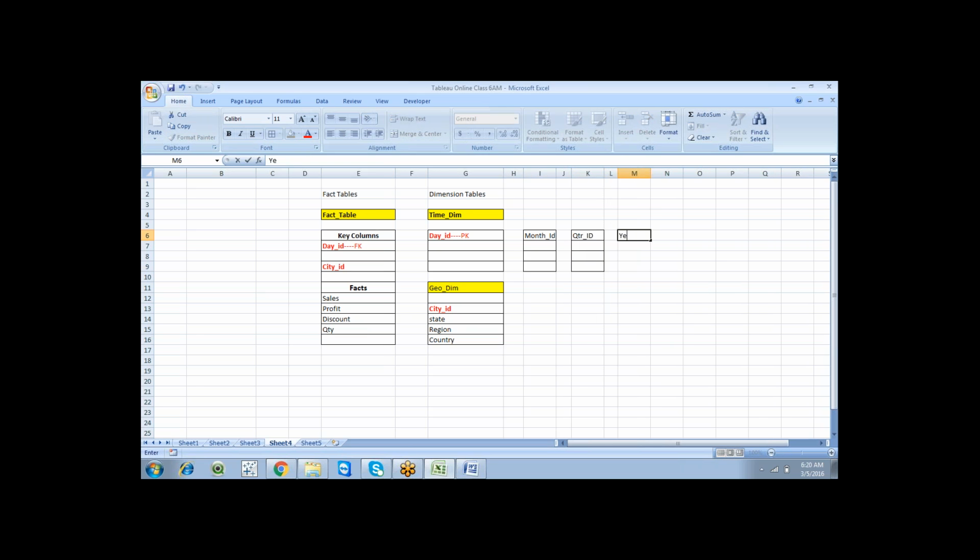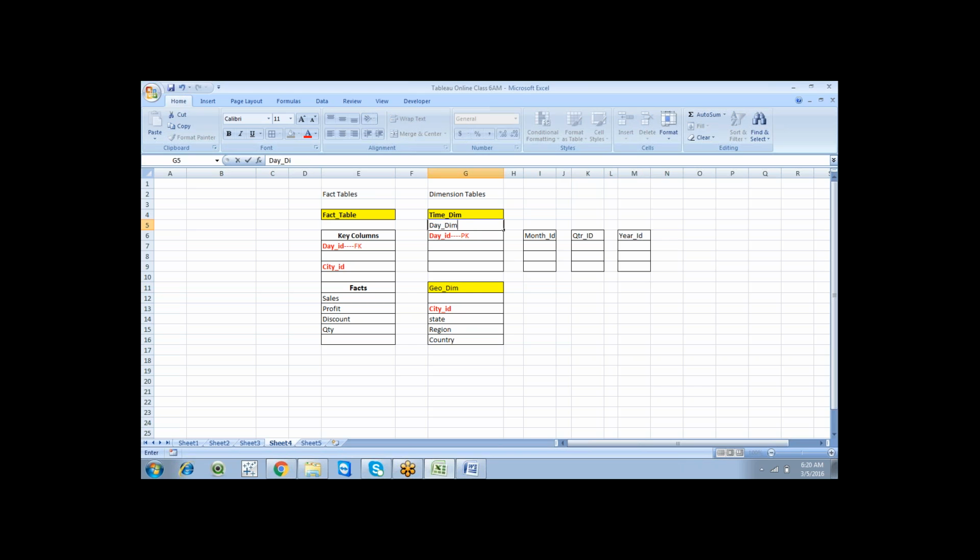As per the definition, I'm just using year ID or month ID as a naming convention, so you can differentiate with any other terminology. But now you can see this is a day table.